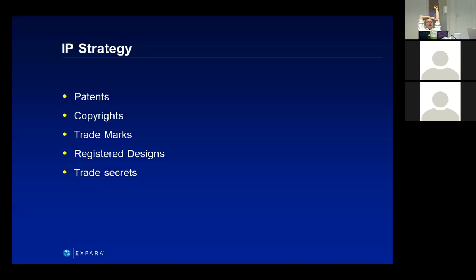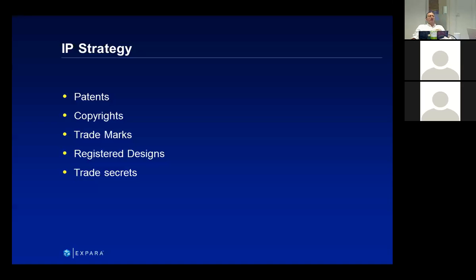But for trade secrets, it's not a matter of law, it's a matter of contract. So if we protect important information with trade secrets, we must have contracts to enforce that. And what's the most common type of contract that we should have? Yeah. Non-disclosure agreements. And who do we need non-disclosure agreements with? Anyone you talk to who might come in contact with it, basically. But most important is employees. So make sure all our employment agreements have non-disclosure clauses.